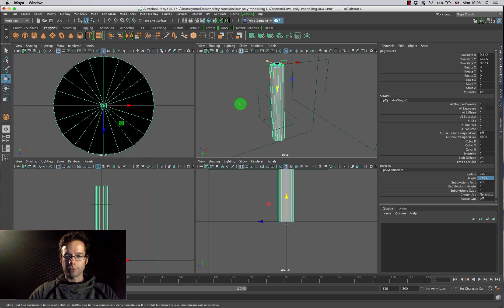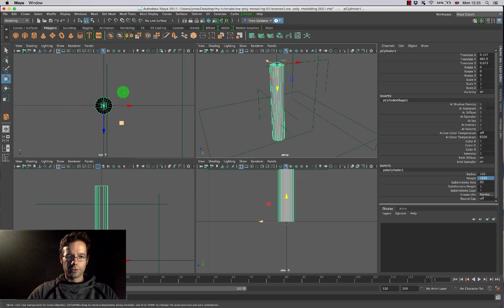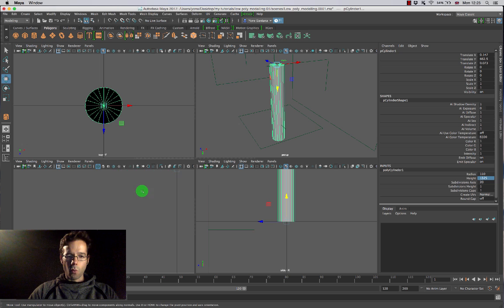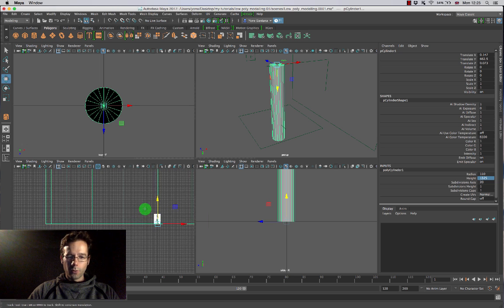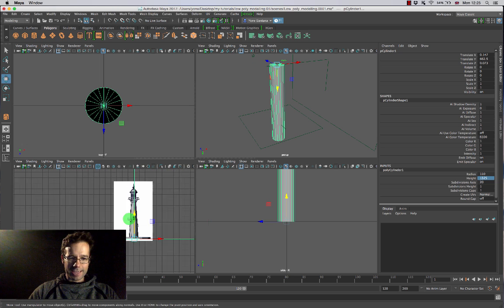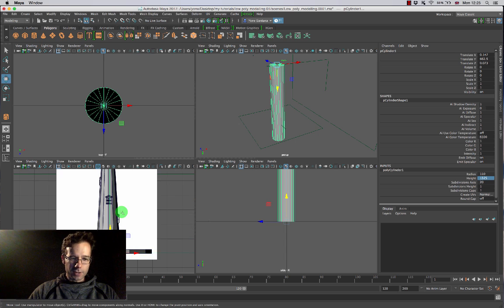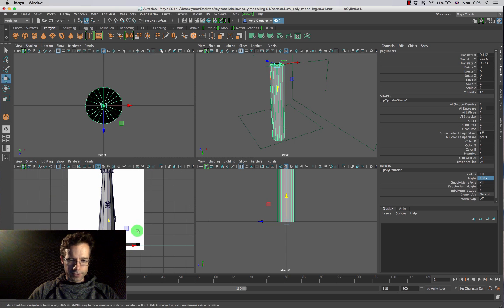So now I've got my tower. I've got my different viewports over here, but now my reference is tiny. What should I do? Well, first of all, we're going to have to scale this reference up. It's currently aligned to the middle of the scene over here, and one of the things that I am going to do with this proxy object is just use it as a guide for how big I need to make